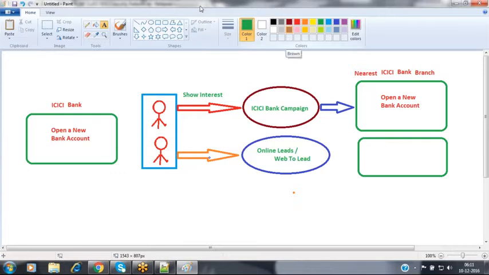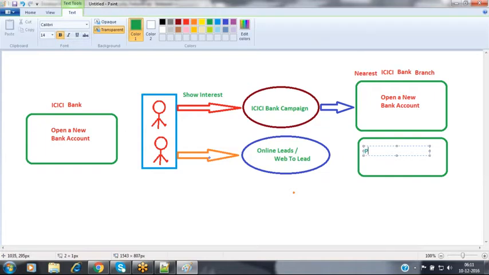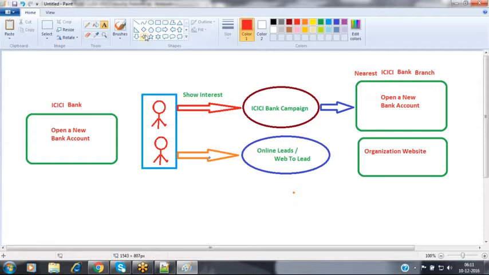So by using our organization website, we can capture the lead records online also. That flexibility will be available to you.